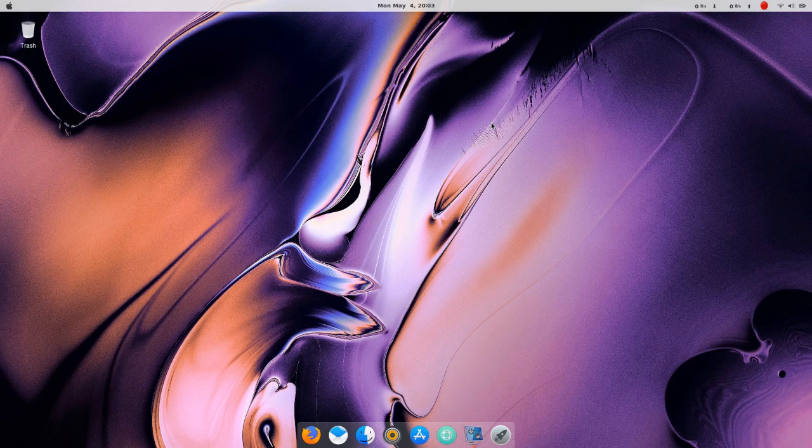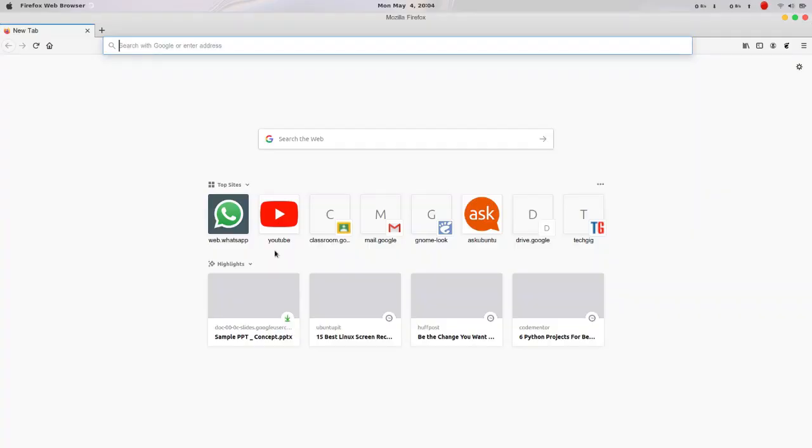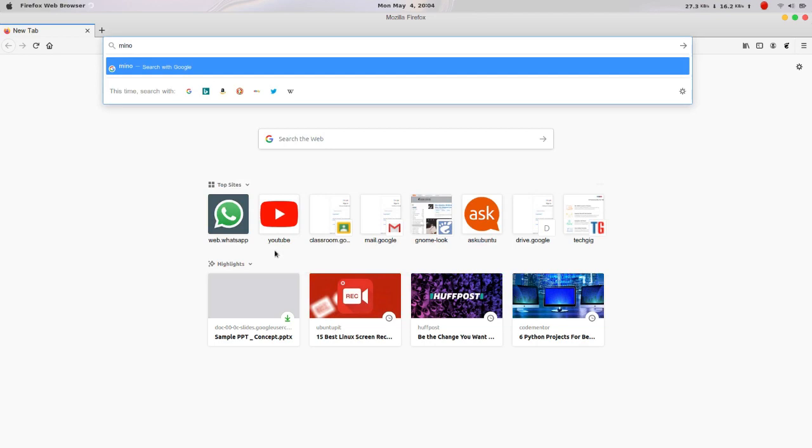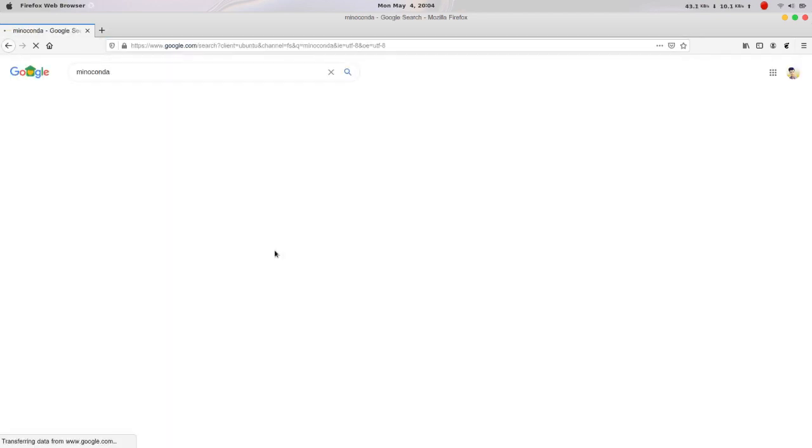First we are going to install Miniconda or Anaconda. You can choose either of these, whichever you want to install. Miniconda is basically the minimal version of Anaconda and does almost the same work, so if you install Miniconda, that is sufficient for this work. For installing Miniconda we need to head to our browser and search for Miniconda or Anaconda, but in my case I am looking for Miniconda.